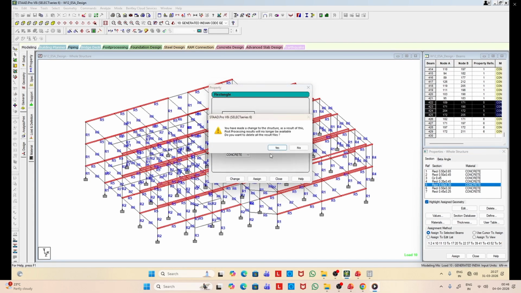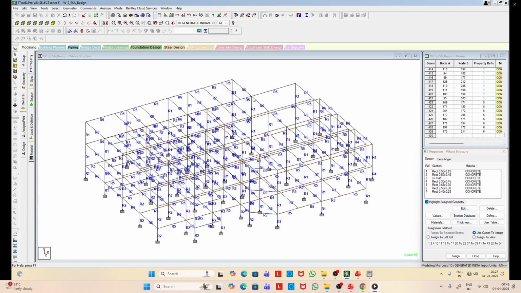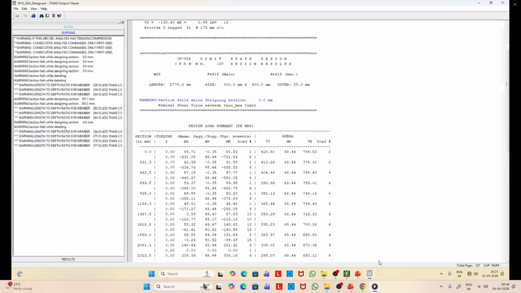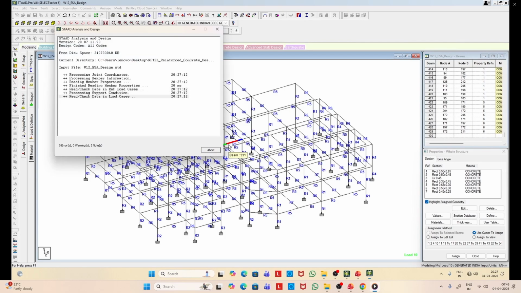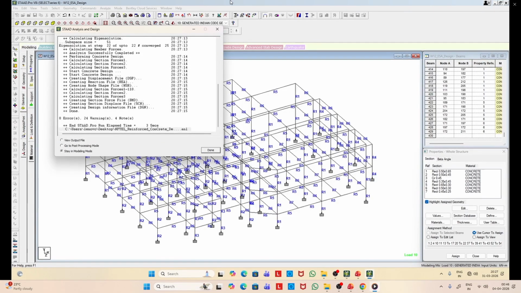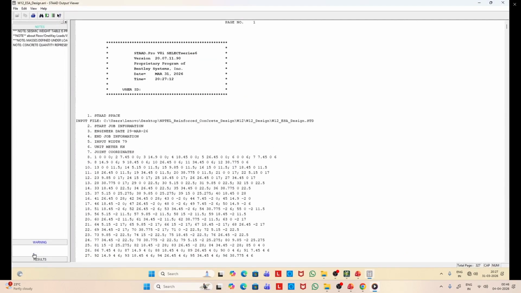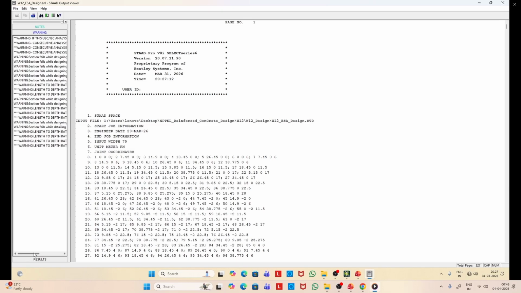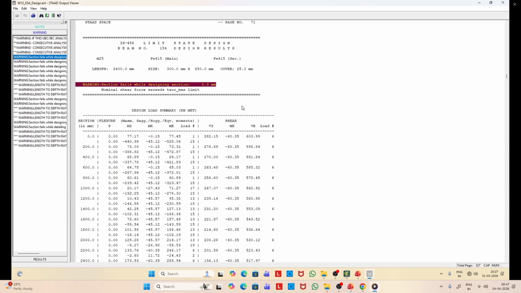Let us change the section size for all the members, although that is not an economical design, but for the time being, let us try that. Still 24 warnings are there, so let us see the output. So the same member fails.